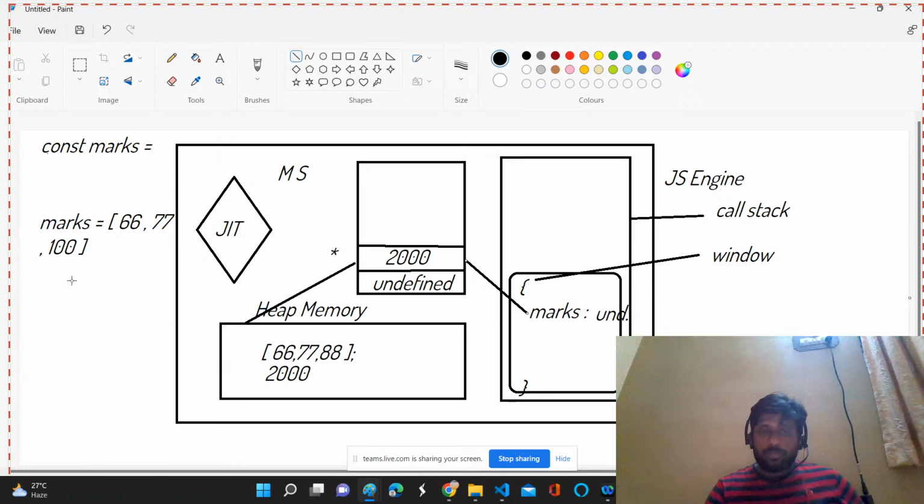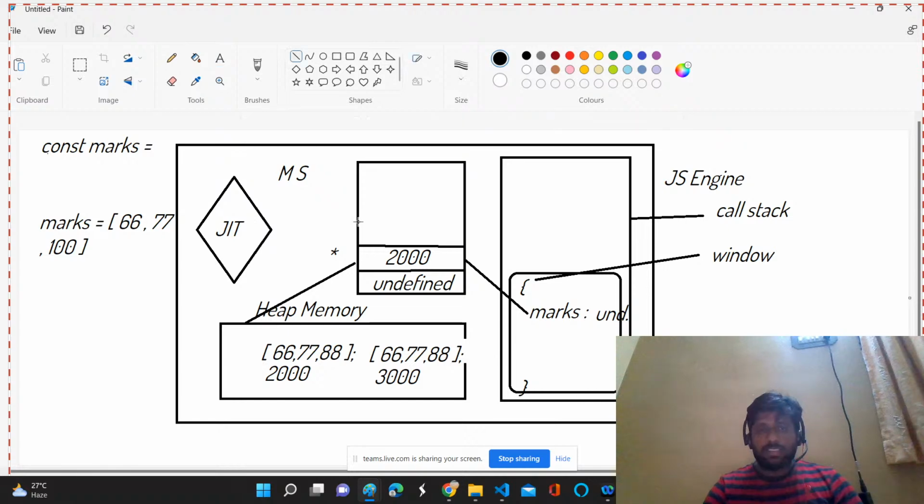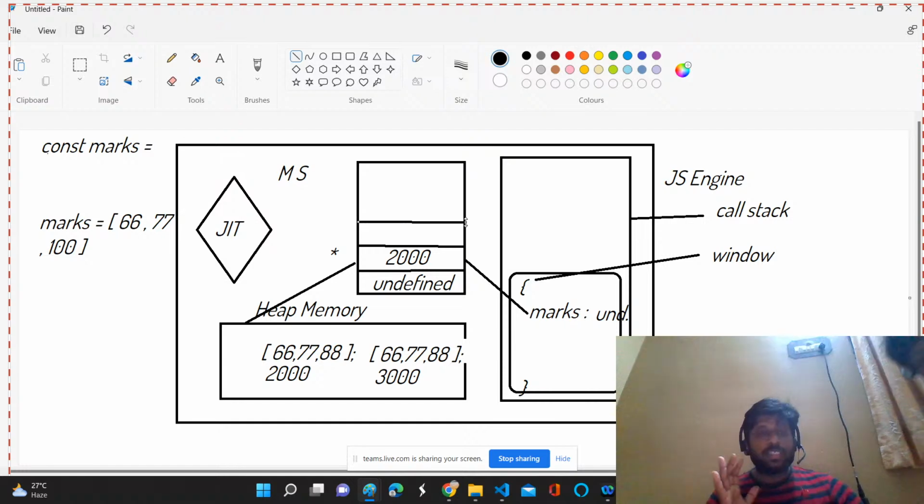Suppose I'm just copying the same thing. Just a minute, you can't do this. Constant is restricting us from reassigning the value. That's why if you try to reassign marks is equal to 66, 77, and 100,